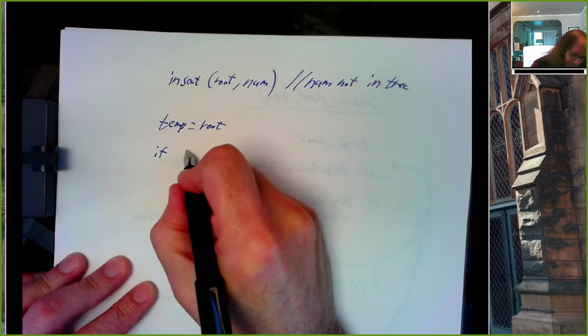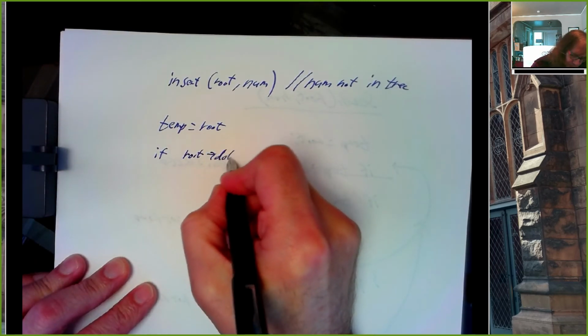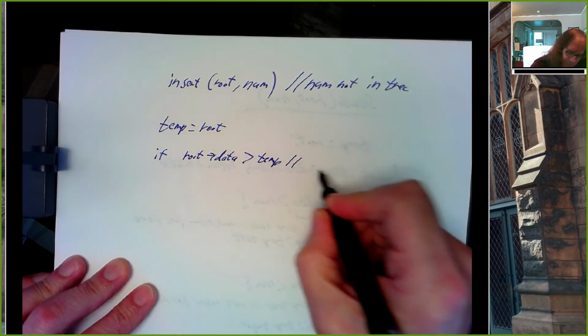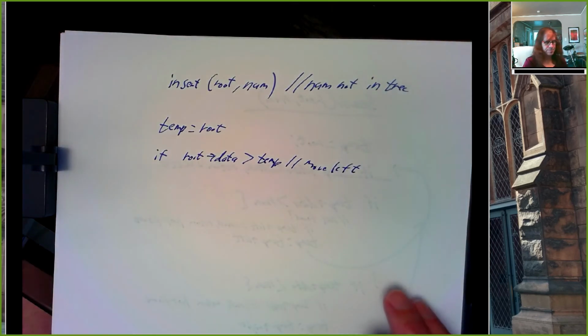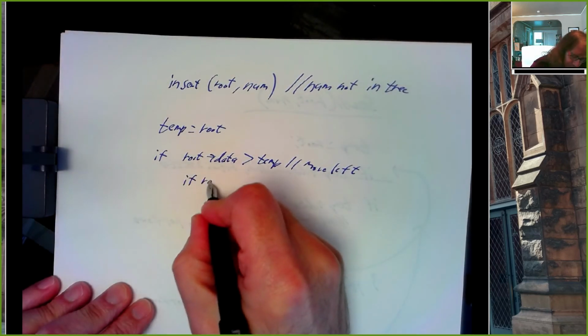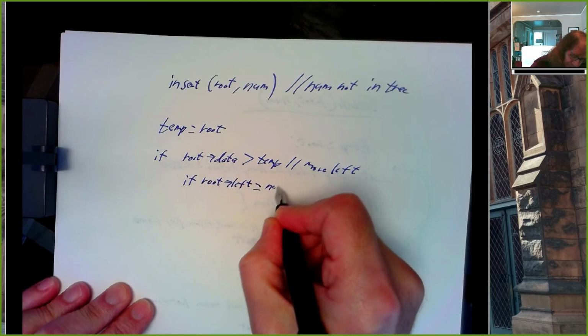So if the root node's data is bigger than temp, let's move to the left. So here our check is if root left equals null,